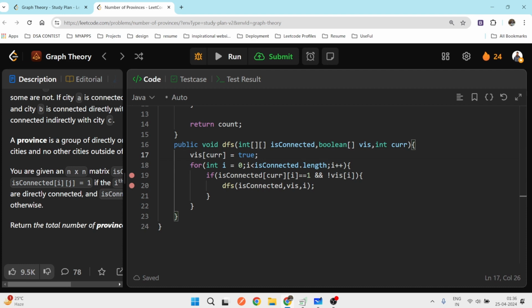Then we iterate to find its neighbors: we iterate i over the length and check if isConnected[current][i] equals 1, which means there is a direct path between the two nodes, and if node i is not visited, we make a DFS call for it. This is our solution if we run it.